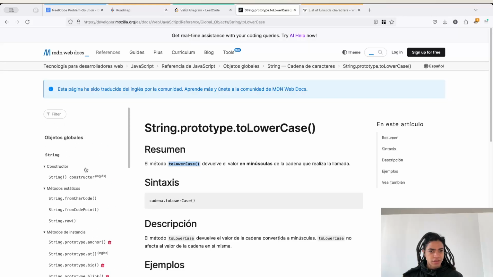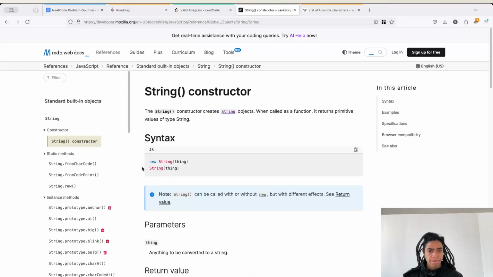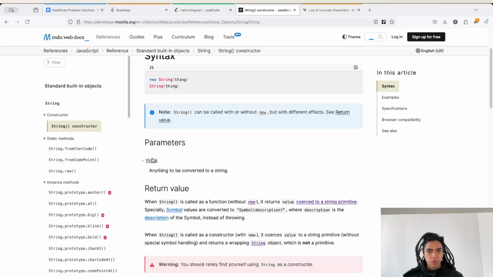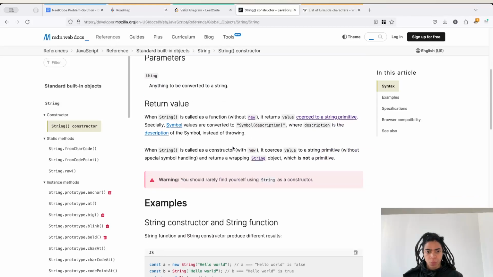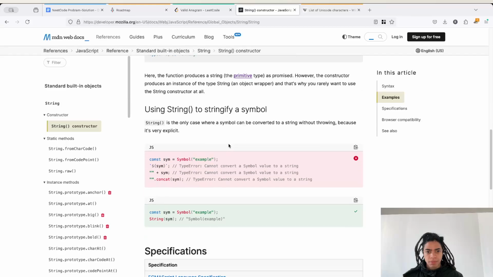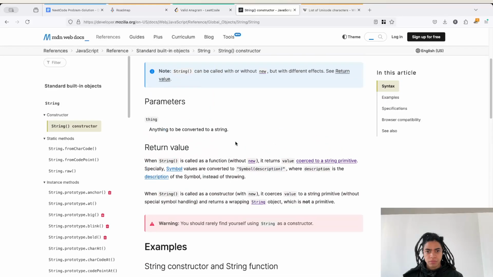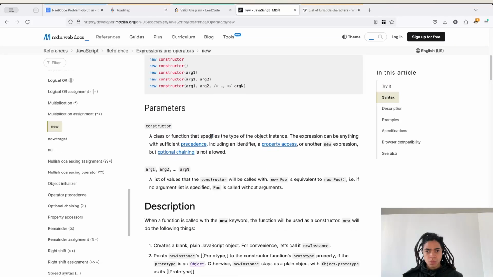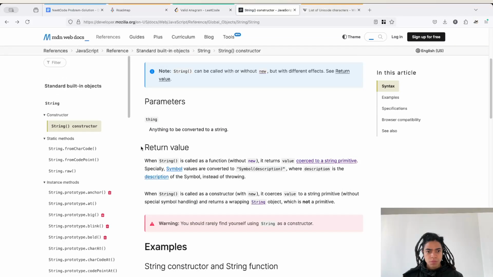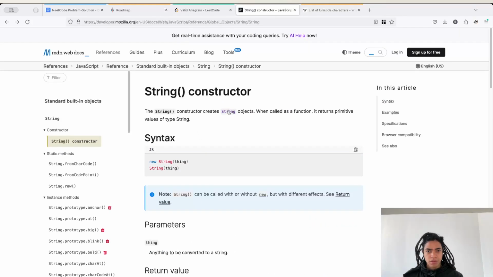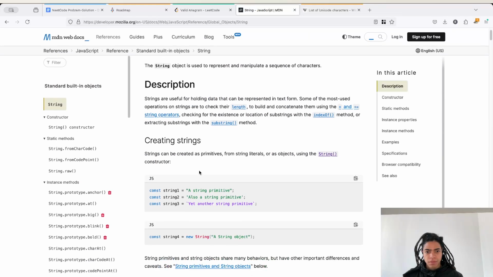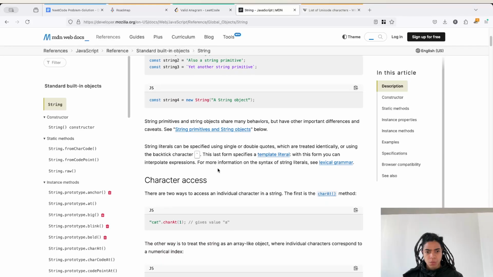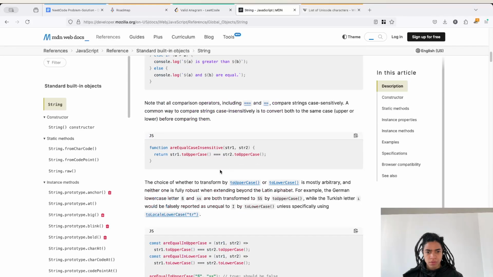The question is that is with differing effects. But is the string aren't